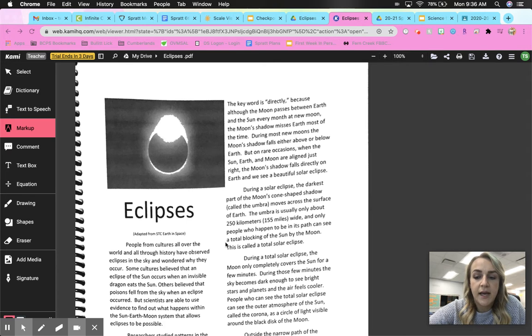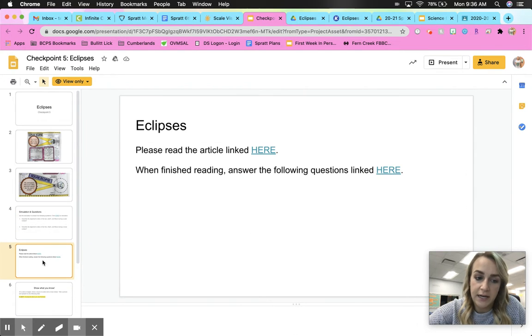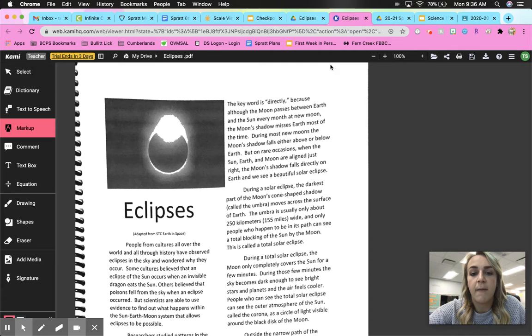Okay, so for today, we are reading the article Eclipses on your checkpoint 5 eclipses. It's on slide 5. You click the link and it takes you to this article, or you can listen. You need to listen to this and watch us annotate. So,